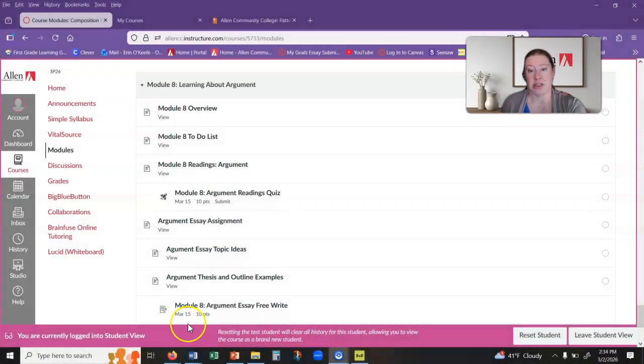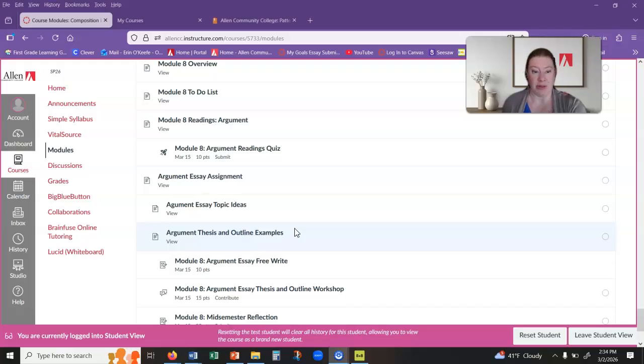The main thing that's different is, even though you're using your own personal experience to really work on the topic, you are also using a source in this essay. So we're going to include some introductory documentation, some introductory information about finding sources and that kind of thing. This is stuff that will carry over, really trying to get it to you so that you get that introduction before you've moved on to some of your higher level classes, as well as Comp 2, so that you've got that basis, that foundation.